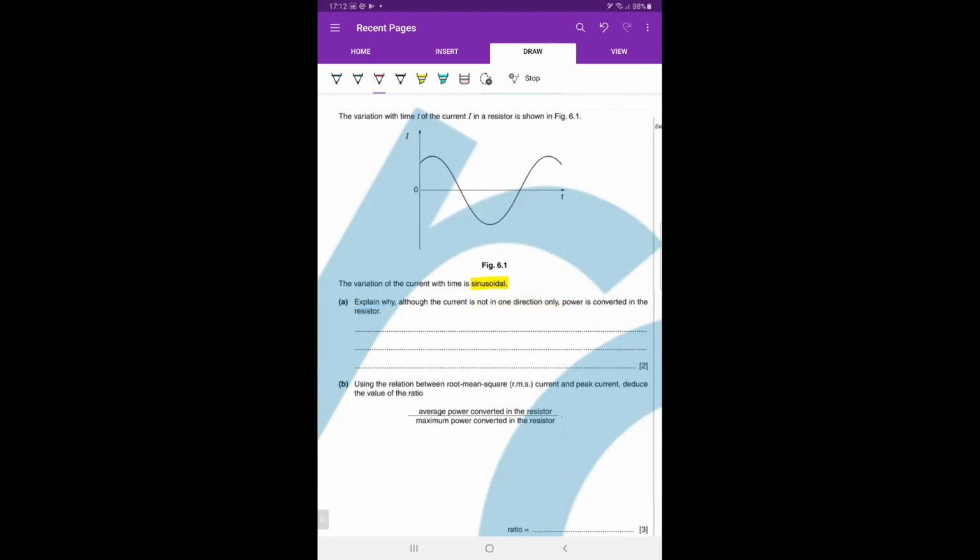इसकी wording जरा carefully देख लो. Your statement should be something along these lines. Although mean current is 0, comma. The reason I've written mean current is 0 is because the positive section and the negative section will cancel out each other. Hence, we can rightfully say that the mean current is 0. So although mean current is 0,